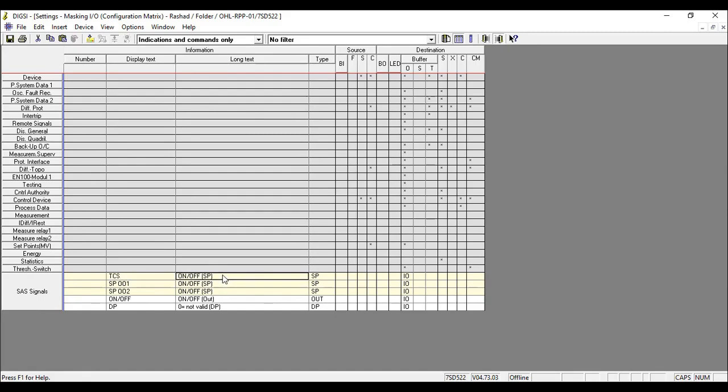Focus, focus, focus, focus, focus, focus. Focus, focus, focus, focus, focus, focus, focus, focus, focus, focus, focus, focus, focus, focus, focus, focus, focus, focus, focus, focus, focus, focus, focus, focus, focus, focus, focus, focus, focus, focus, focus, focus, focus, focus, focus, focus, focus, focus, focus, focus,